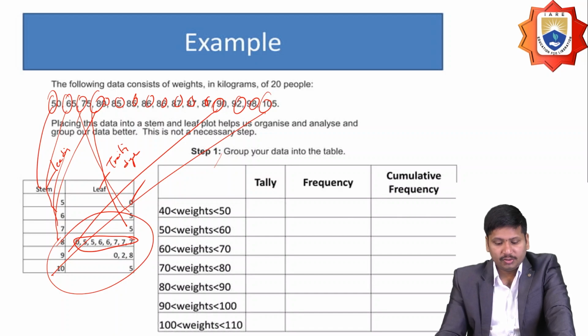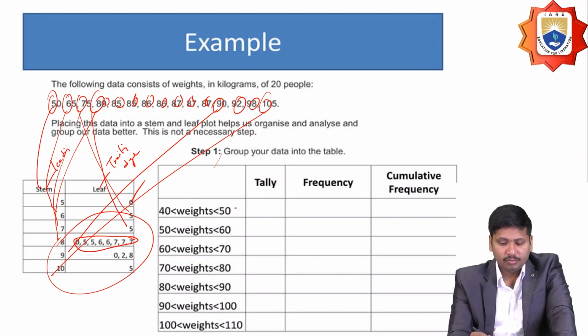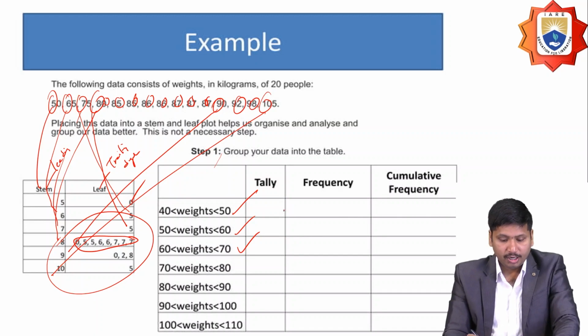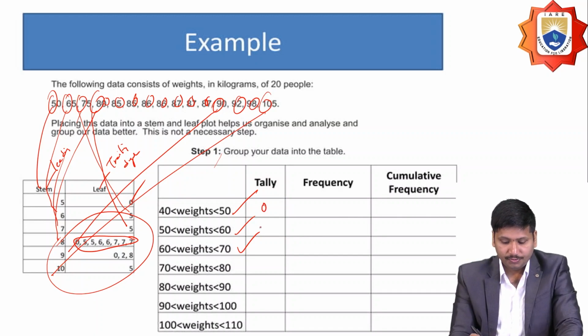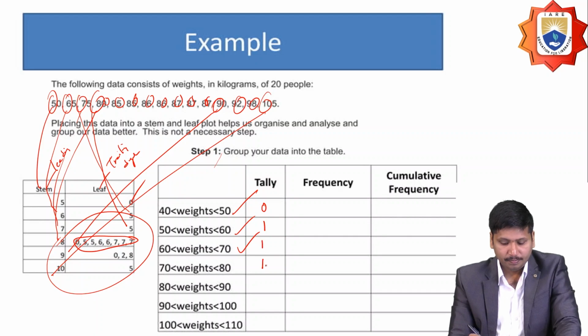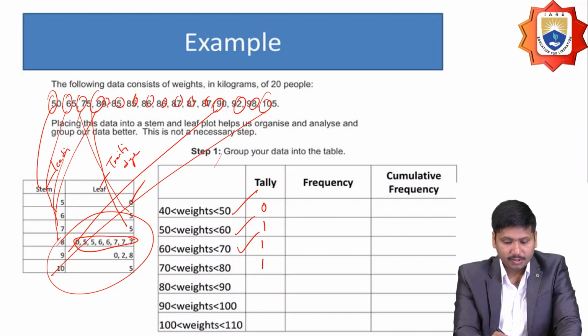Stem and leaf construction. So once I am able to identify, based on that I can segregate these weights. So 40 and 50, how many people are there? In between 50 and 60, how many people are there? In between 60 and 70, how many people are there? So in between 40 and 50, no one is there, 0, and then 50 and 60 it should be 1, and in between 60 and 70 it should be 1, and 70 to 80 is also 1, and for 80 it should be